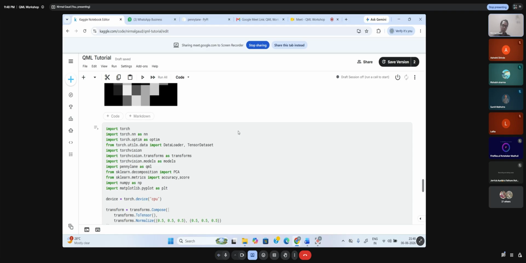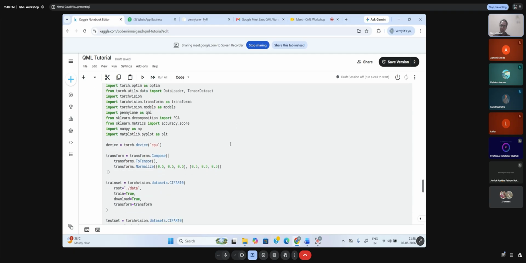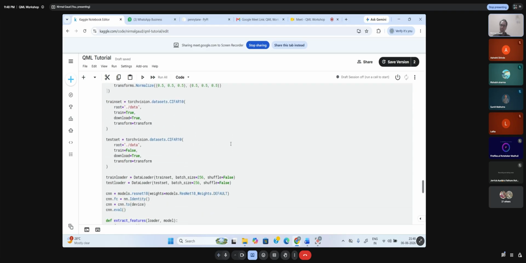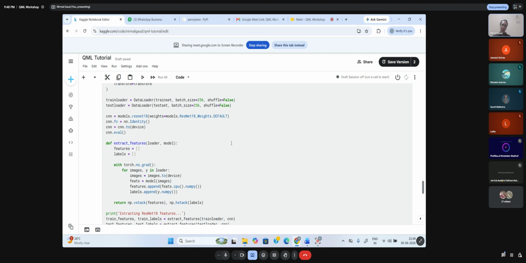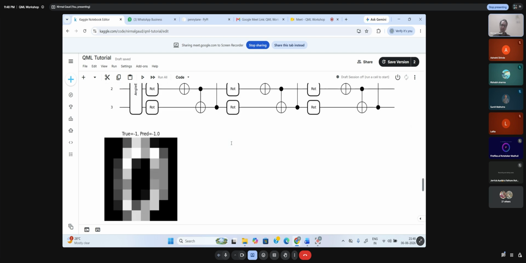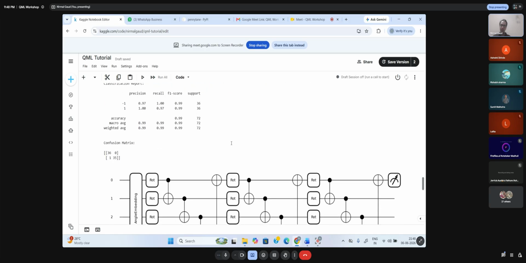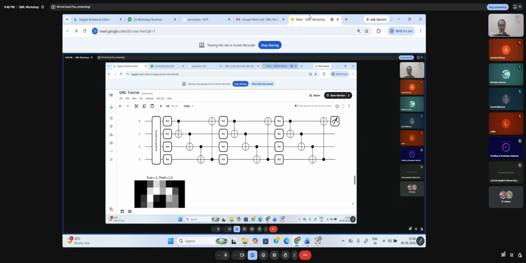Then things changed, and I took another data set. That data set was the MNIST data set, because I want to switch towards a complex problem. That we will discuss tomorrow, but I request everyone to run this notebook and try to understand again what I taught you, because after giving that much load of lecture, now you will get it. We are preparing a circuit, and I don't want to get a short circuit.